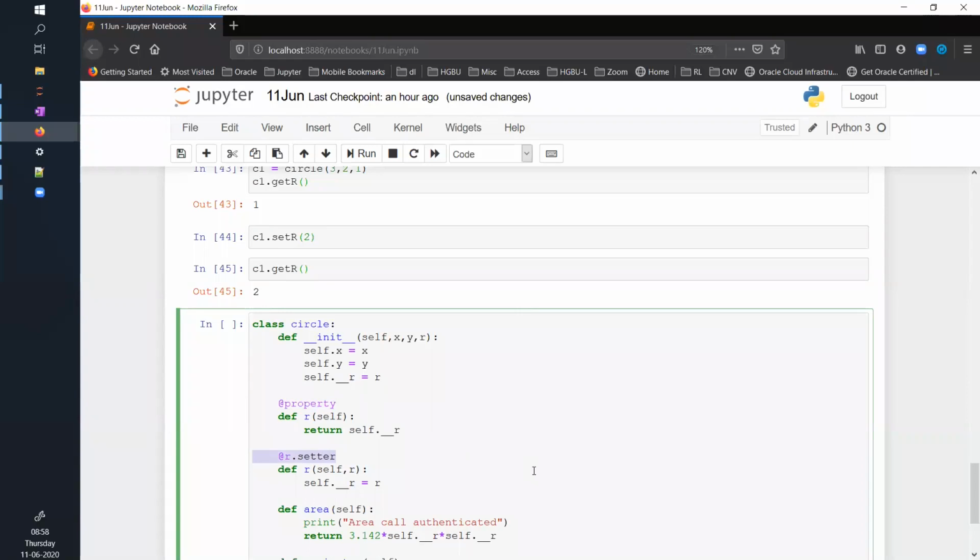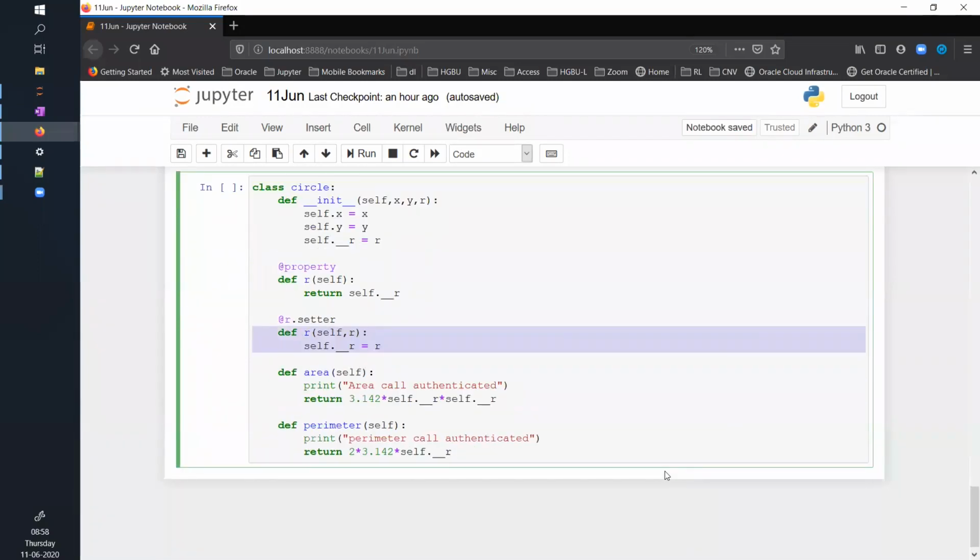This is one of the important concepts in Python where you can change the behavior of a function on the fly. There are a few concepts related to it, but we will not go into that detail. For now, just understand that for the getter method you add the property decorator and then your function, and similarly you add the attribute dot setter and your function to set the values. The rest of the things will remain the same.